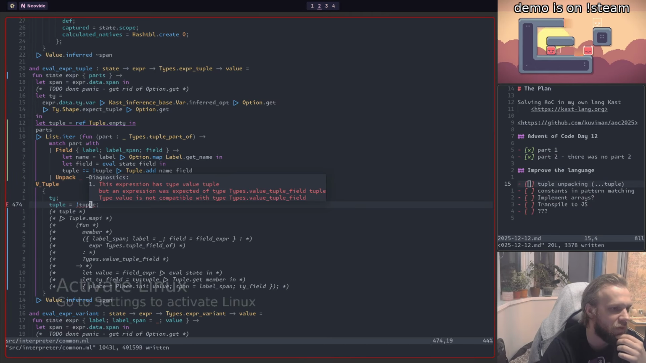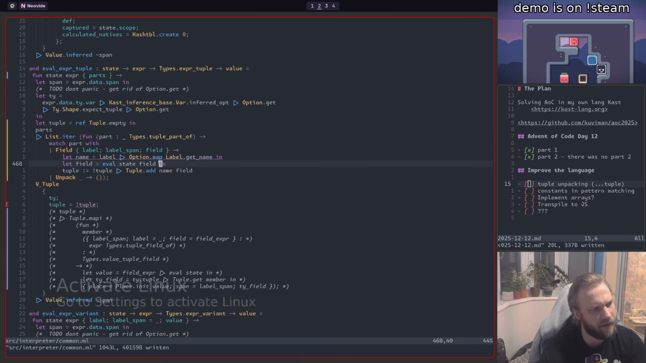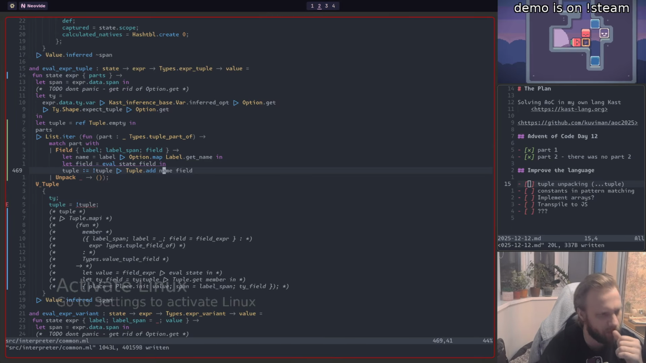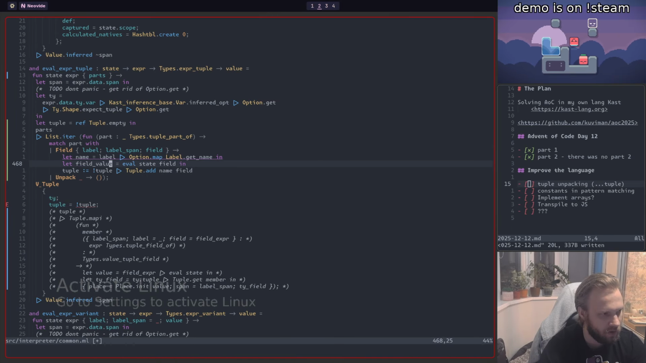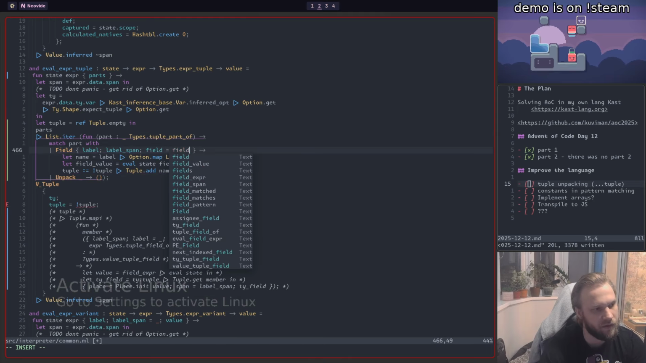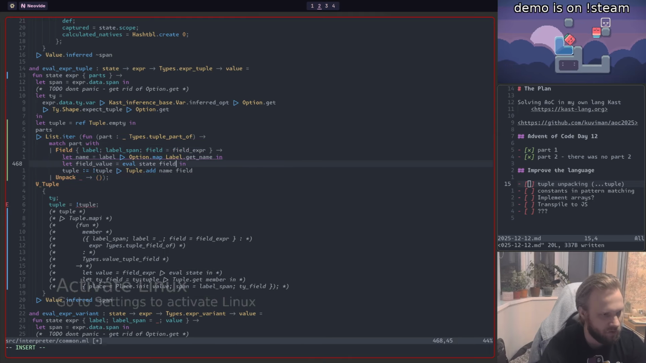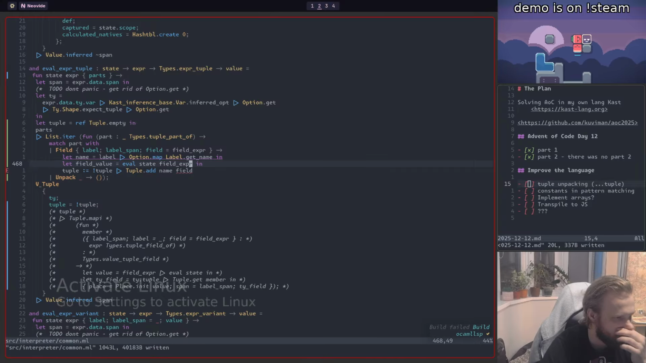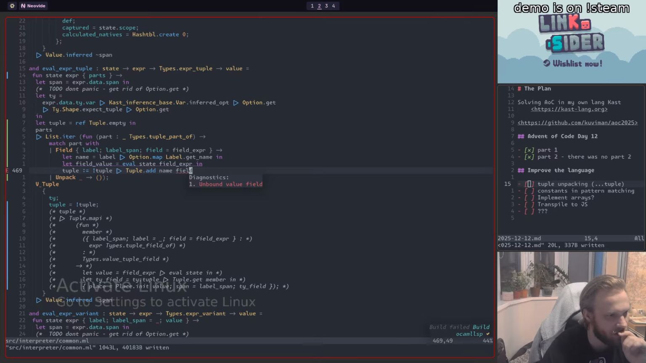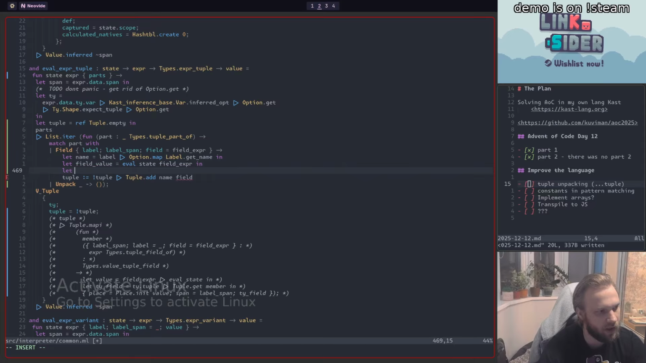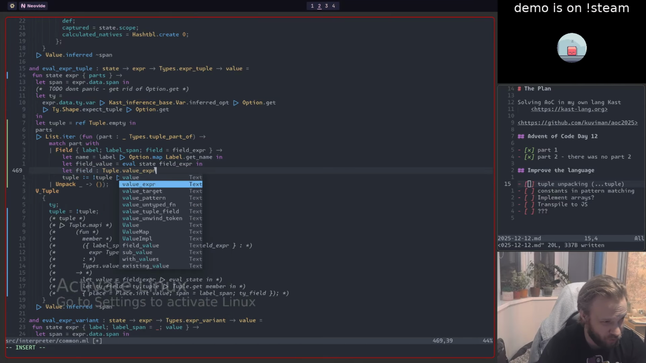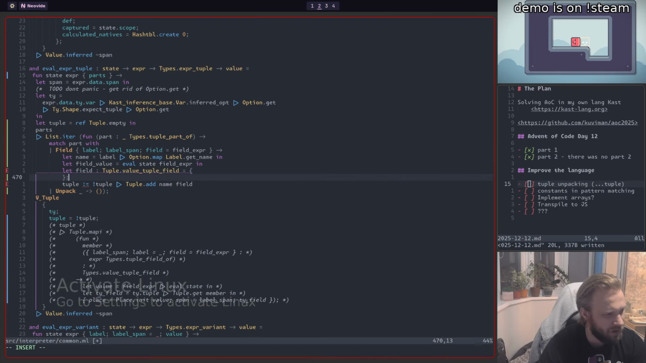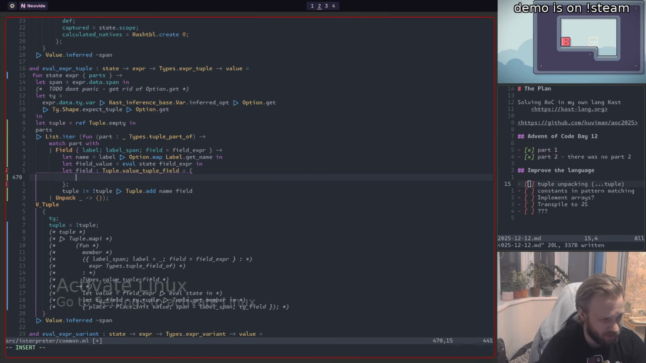The expression has type value tuple. Oh yeah, because this is not a value, right? I need to add to the tuple. This is the field, you know, field value. This over here is field expression, right? And what we need here is to have a field which is going to be value tuple field, right? Which has the actual